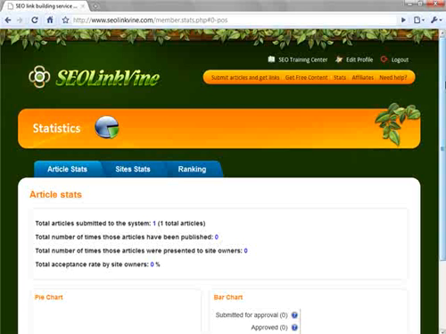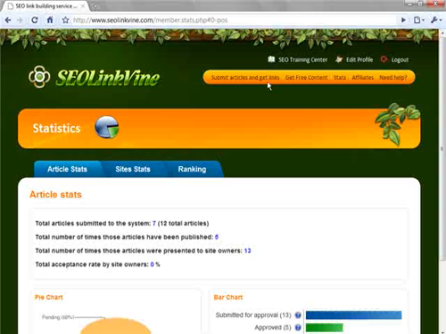So this is an account that I've set up just to demo how to actually submit some articles. So I'm going to jump in and show you some data from an account that we've had just to show you article and site stats, and then I'll explain the ranking factors. This is an account that we set up just to track some of the basic functions of the statistics package